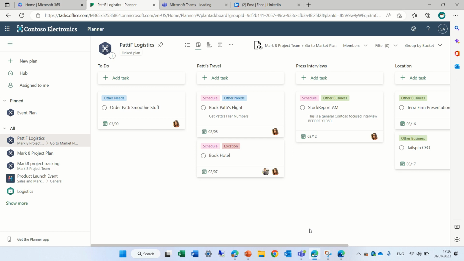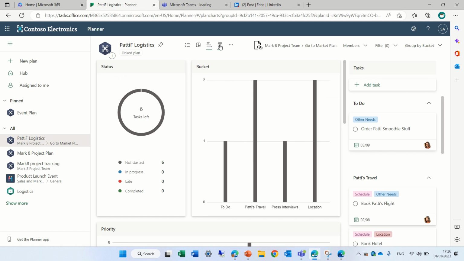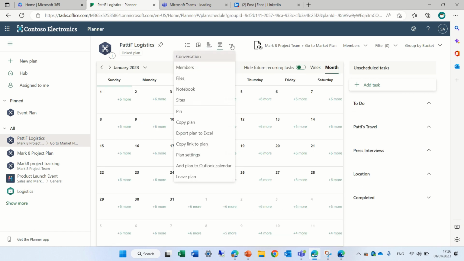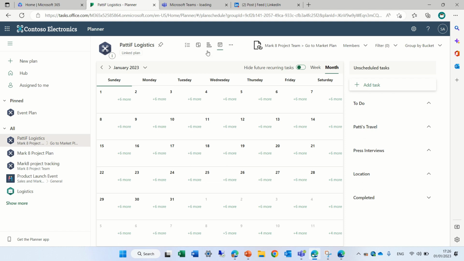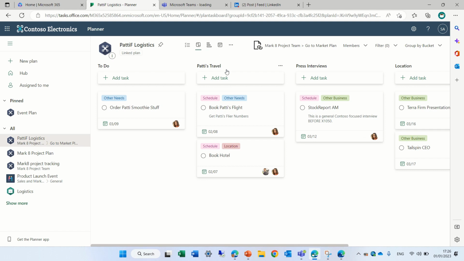In this episode I'd like to teach you new features that just came out in Planner. So you see I have a test planner, and this is the plan. And until now we had names. We had the board, and we had a chart, and we also had a calendar schedule and the three dots. Now we see that it has been replaced by these icons, which are quite cool. You just need to guess what each one is.